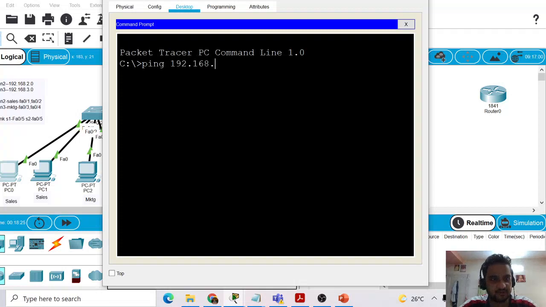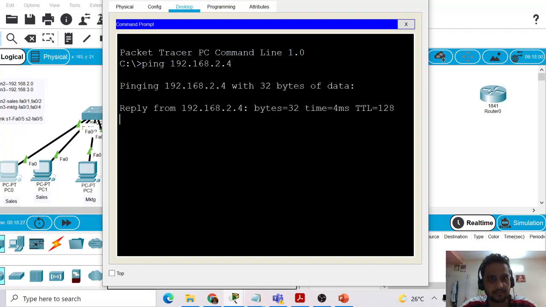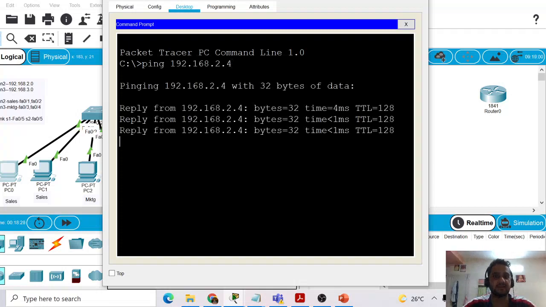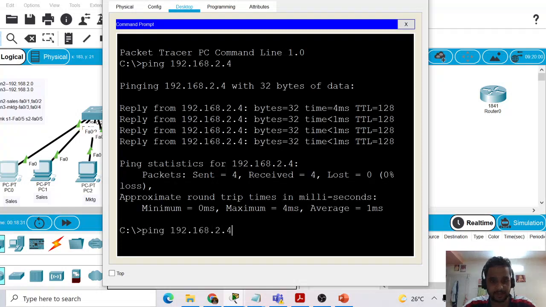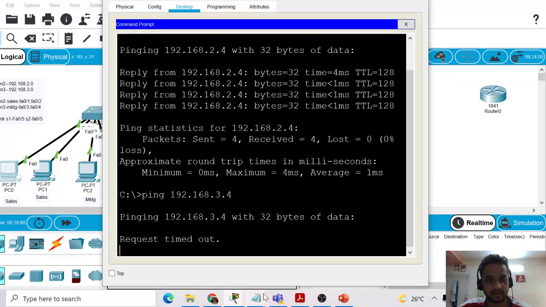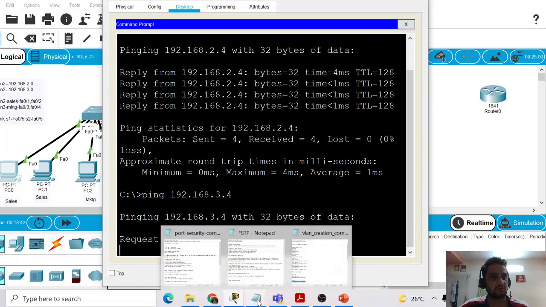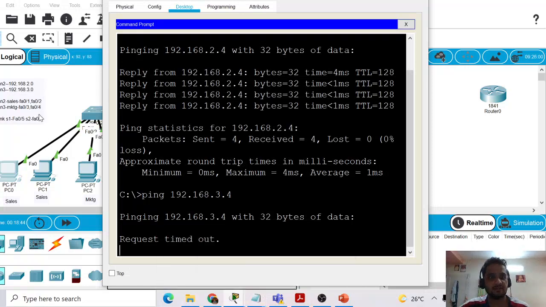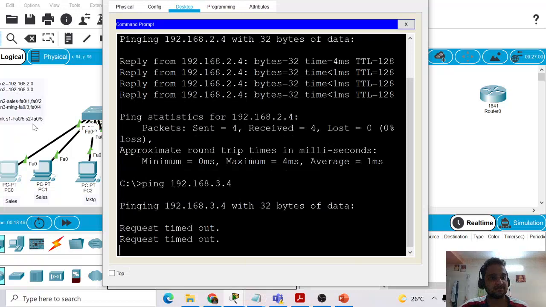Yes, it's pinging. And now if I try to ping 3.4, it should not ping. Yeah, so it's not pinging. So I've come to this conclusion that the VLANs are working under two subnets. So I'm able to make the two VLANs of the two computers and the two switches.